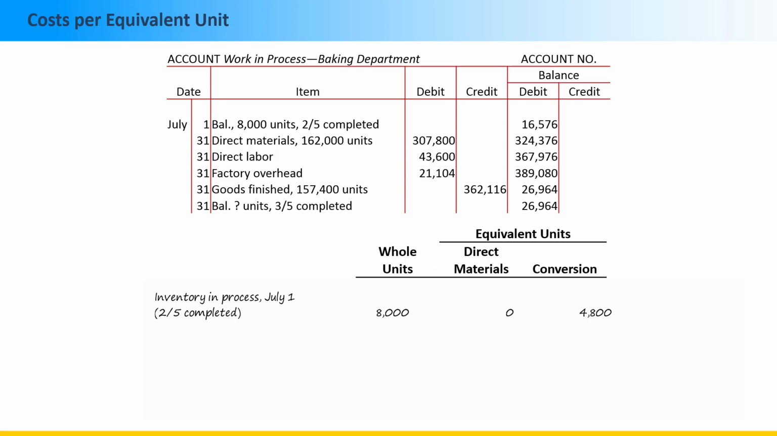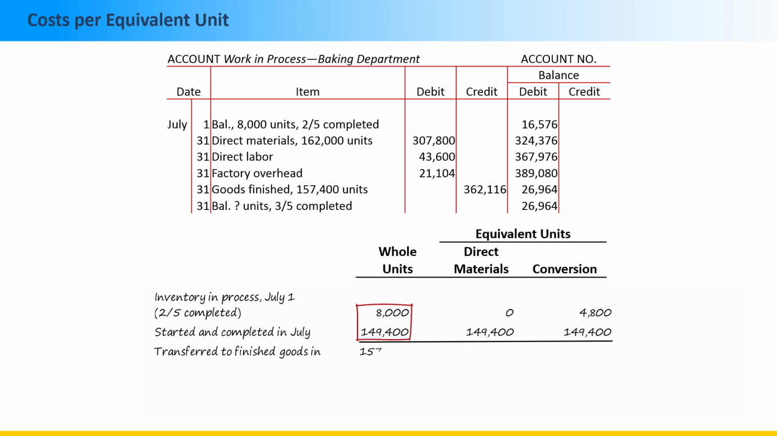The number of units finished during the period was 157,400. Out of these, 8,000 units are from the beginning inventory. Hence, the units started and completed in July are 149,400 units, which are 100% complete as to materials and conversion costs. The equivalent units are 149,400 as to materials and conversion costs. Thus, the whole units transferred to finished goods in July are 157,400. The equivalent units as to direct materials are 149,400, and the equivalent units as to conversion costs are